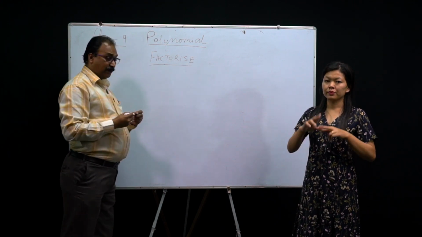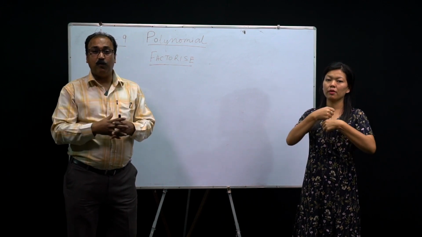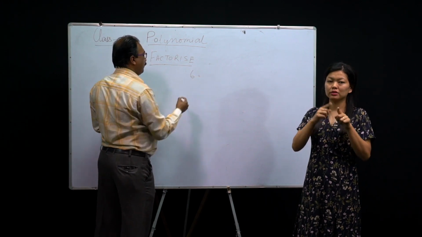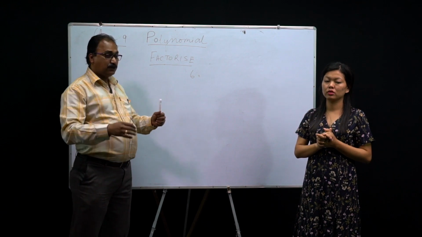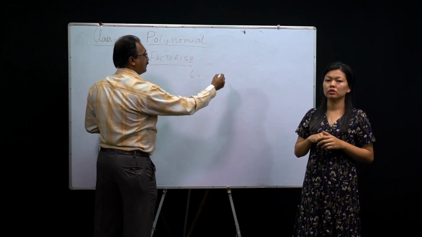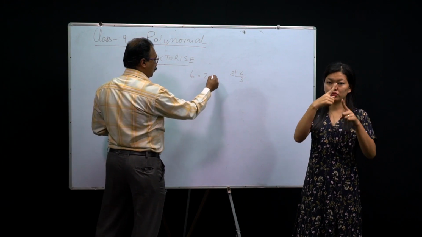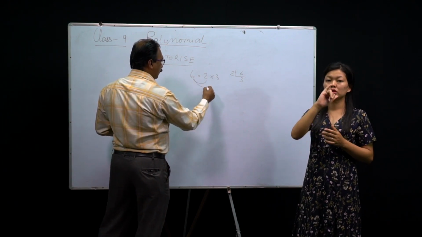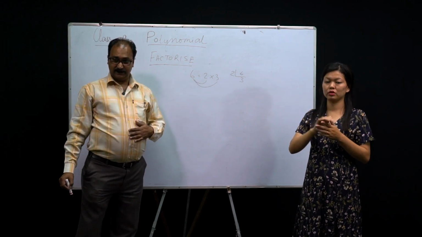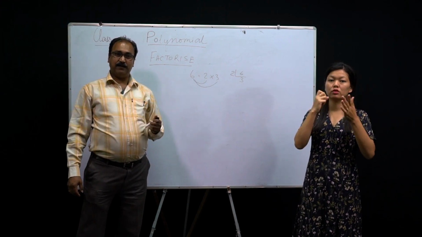What do you mean by factorize? Factorize means you have to produce two or more factors from a number. For example, if I write 6, how many factors can we make? You have to produce 6 as a product of two or more numbers. Two threes are 6, so we get 2 into 3. The 6 can be expressed as a product of two digits, so 2 and 3 are called factors of 6. Likewise, in algebra also we can make some factors.